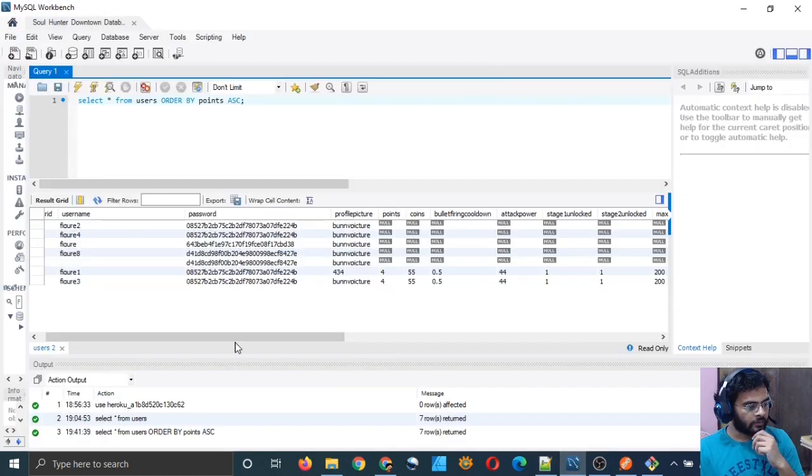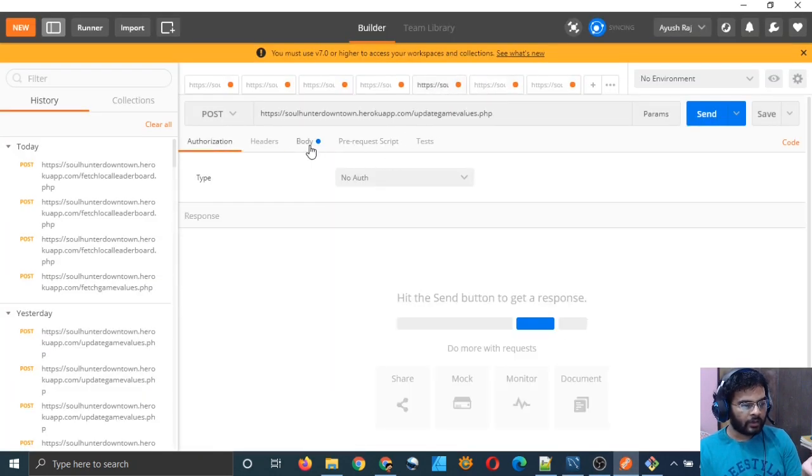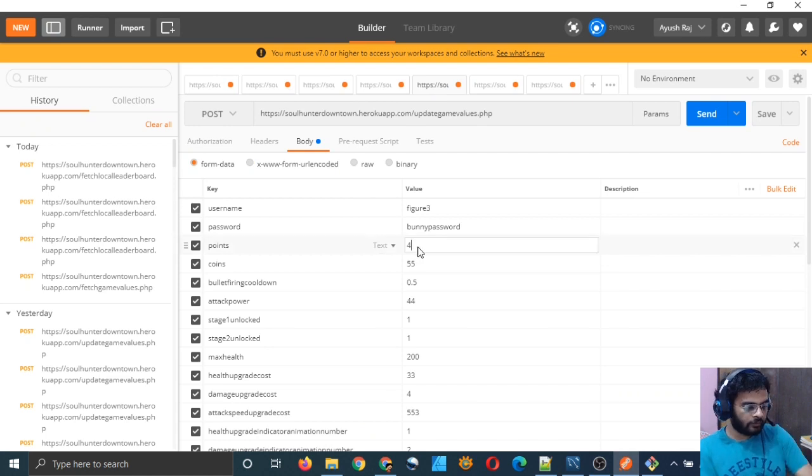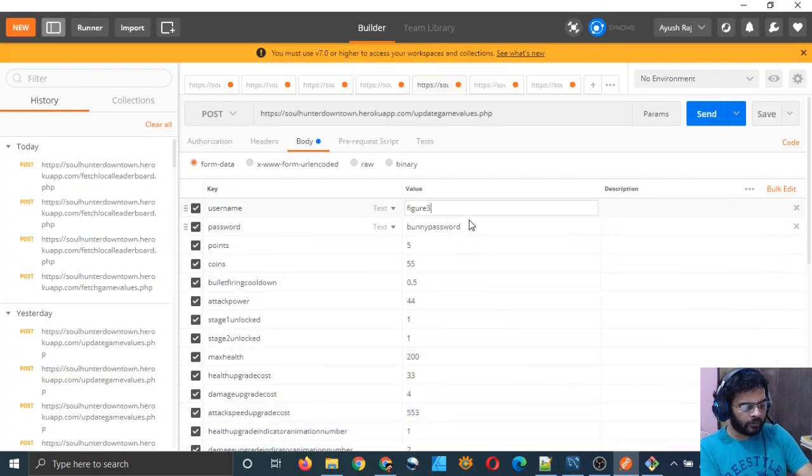Let's see the database. Figure 1 has 4 points, and all these have null points. So let us put some points just to test whether it's working or not. Update game values, and here we have some points for some. Maybe I will put 5 for figure 4, and figure 2, 3 for figure 4.